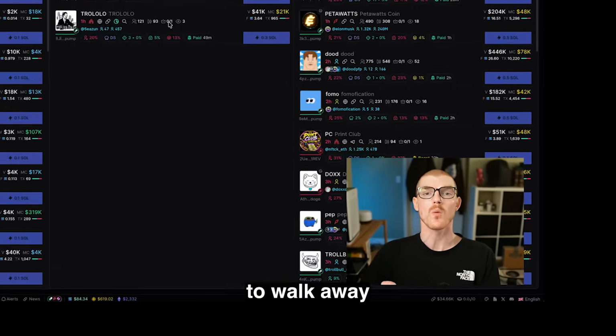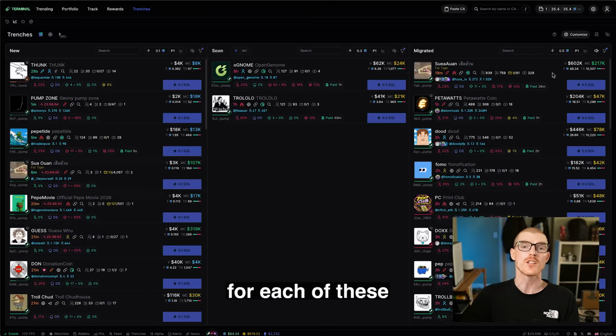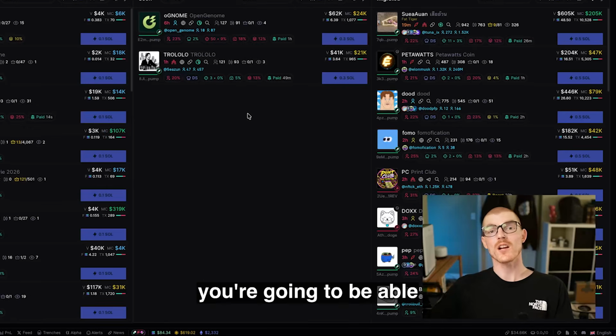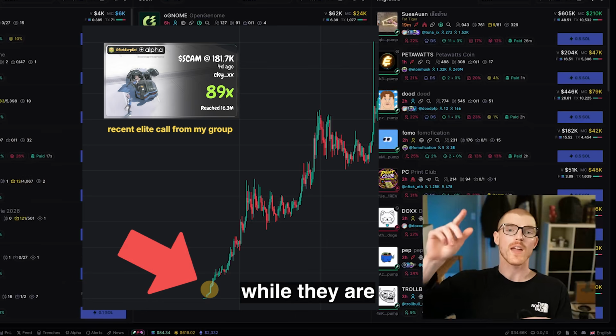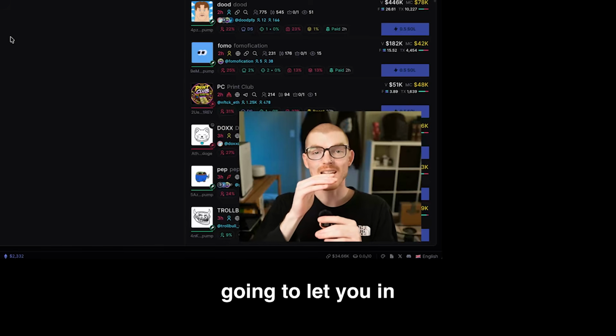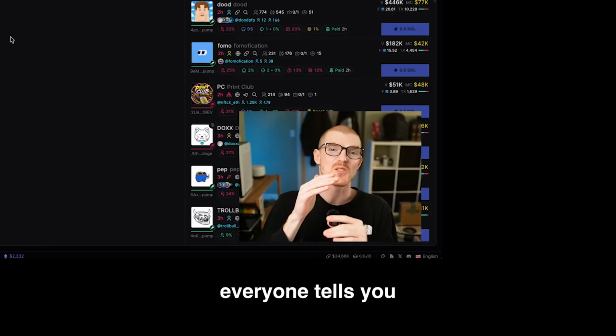by the end, you're going to walk away with a complete filter set for each of these 3 columns. This way, you're going to be able to see coins like this while they are still down here. Plus, I'm going to let you in on one filter setting that everyone tells you to turn on that you